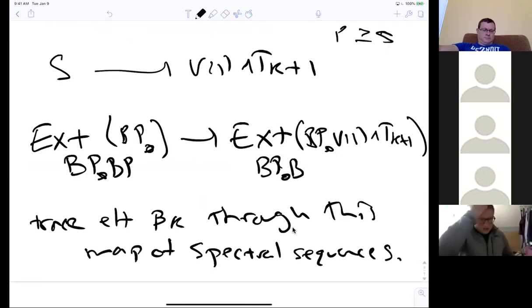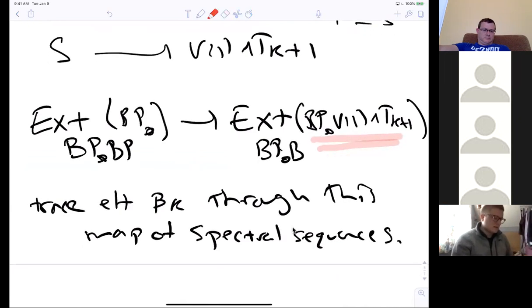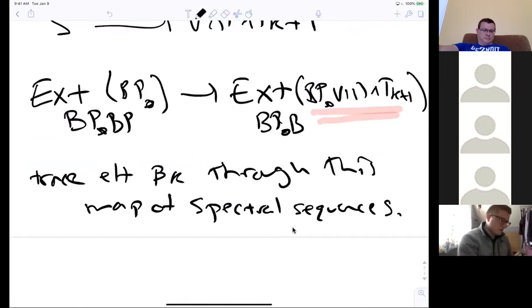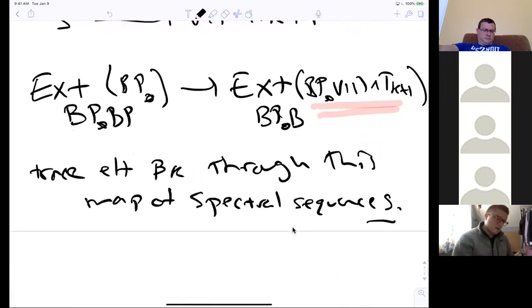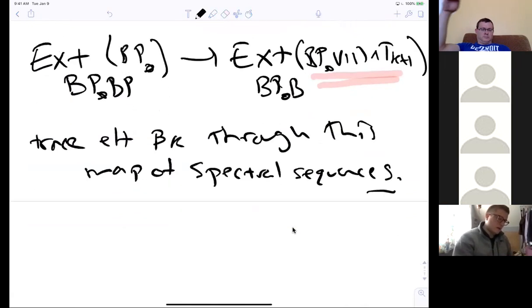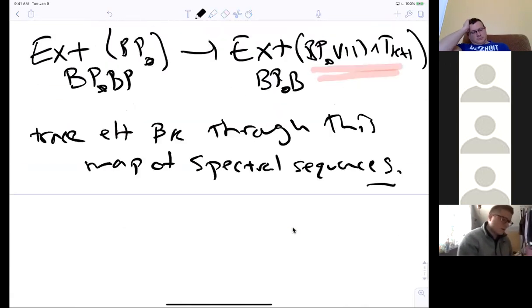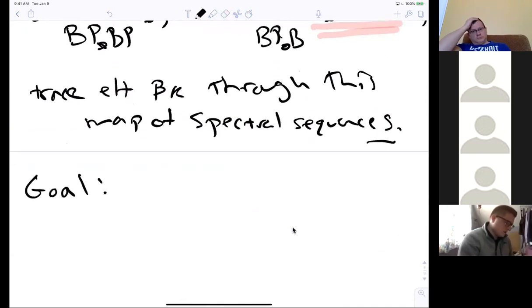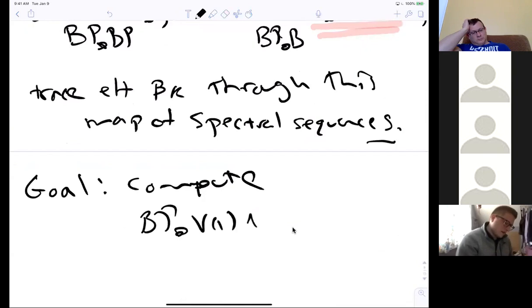All right, so that's going to be the goal, but to do that, we need to know what this object is. And we're also going to want to know a little bit about V(1)_* of T_{k+1}. So that's going to be the intermediate goal. To study this, I'm going to have to do a bit of a digression and talk about some other work, so bear with me. We're going to take a brief break from this proof and then come back to it. The goal now is to compute